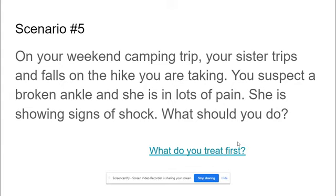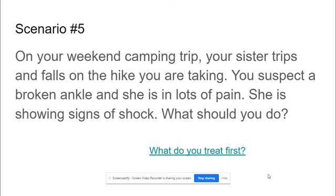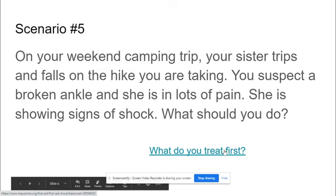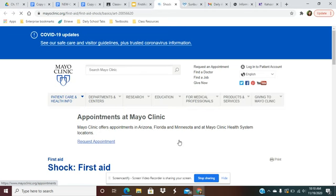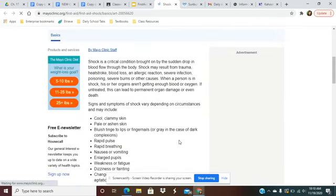All right, so the first thing we're going to treat is the potential of shock. Shock is a life-threatening situation, so we want to try to control or prevent the shock from happening. Or if shock does happen, we're going to provide first aid. So first aid, when we're thinking shock, remember our signs and symptoms of shock can vary